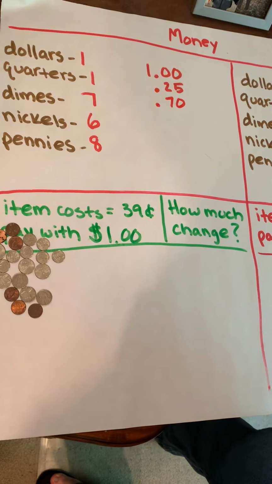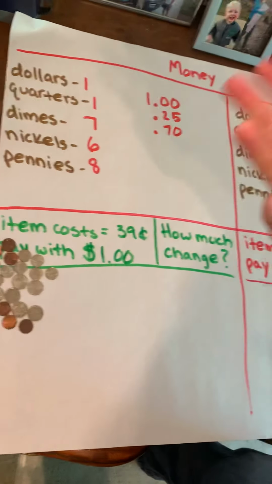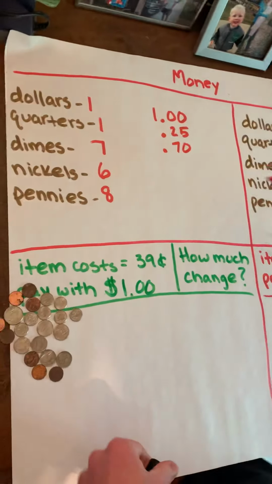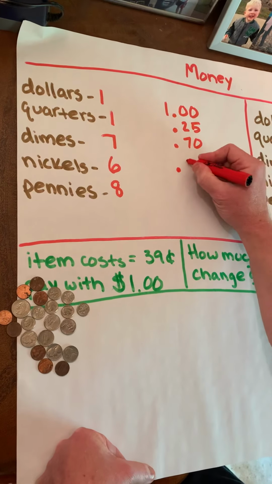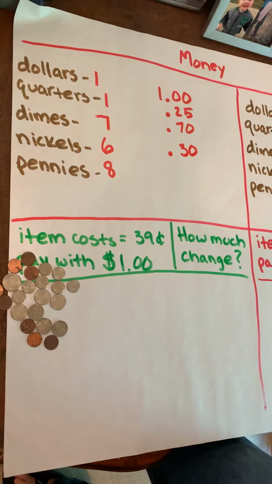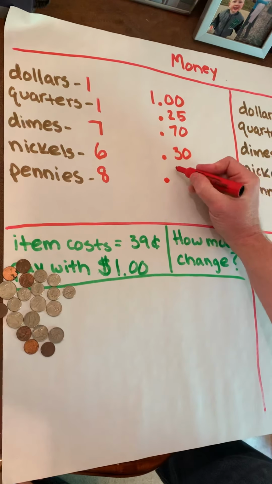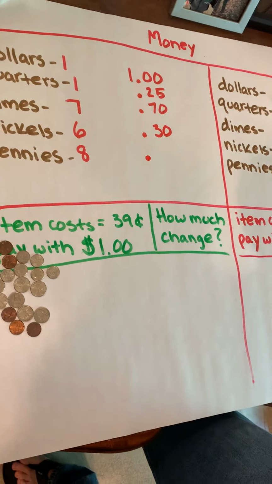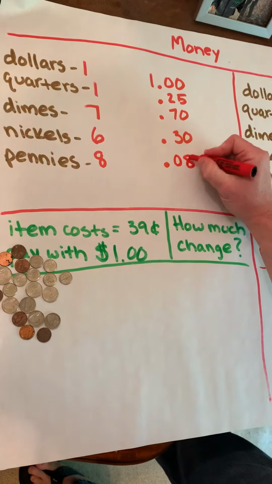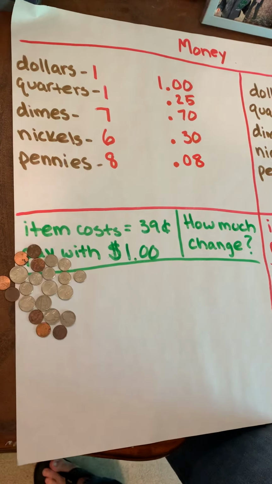6 nickels. 6 times 5 would be 5, 10, 15, 20, 25, and 30. It's amazing how these math tools come in handy, even for old people like me. Lining up my decimal point, 30 cents, and then 8 pennies. Now you got to be really careful with 8 pennies, because if I put my decimal point in the line just like it is, and I write an 8 here, I have 80 cents. So I have to make sure to use that all-important 0 in order to write down my pennies the right way. Now, I am going to add